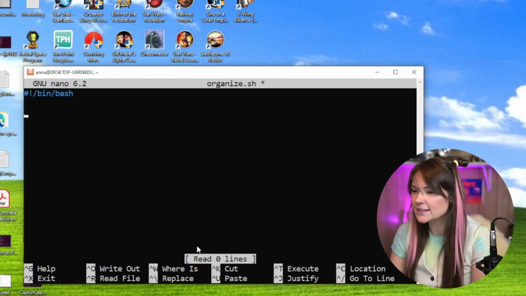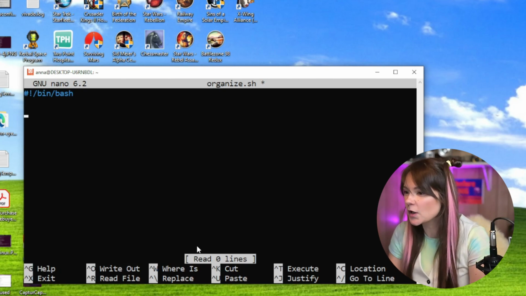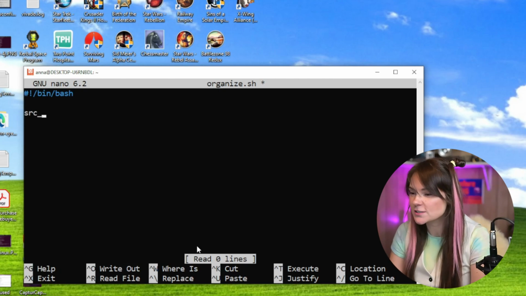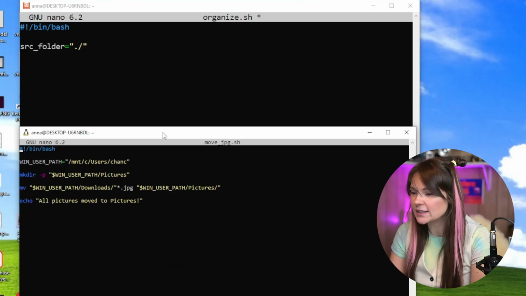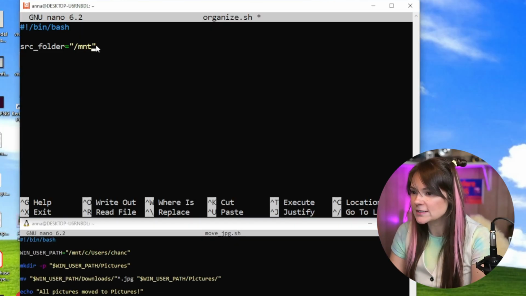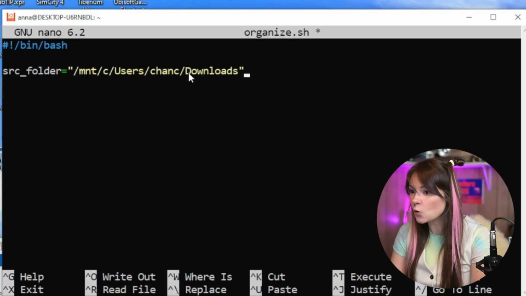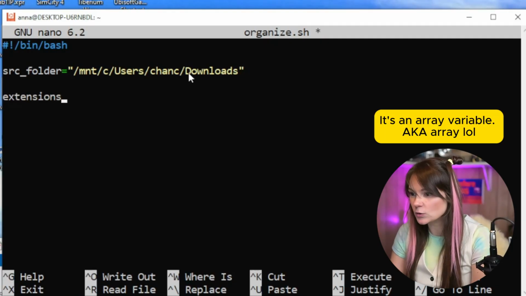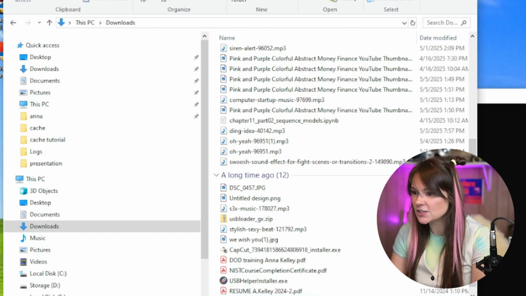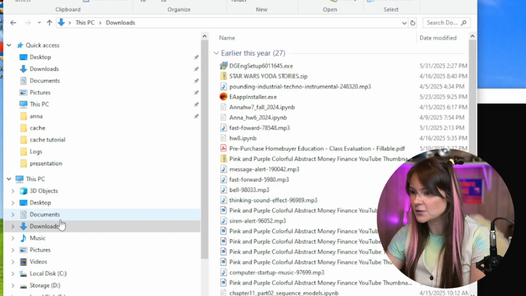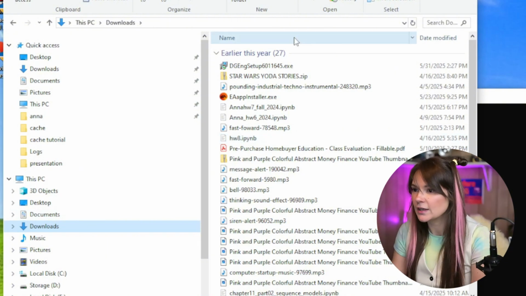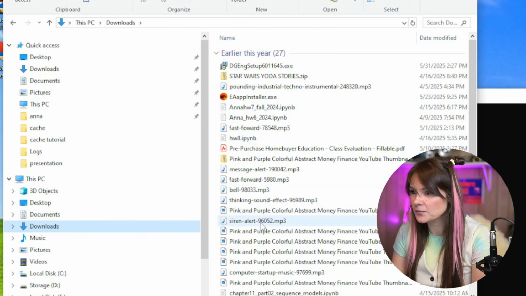Okay, so now let's name our path variable with something shorter like source folder, and the path is /mnt/c/Users/chance/Downloads. Now we need to list all the extensions that we want to organize. We create a variable called extensions, and now we just list all of them. So what kind of extensions do we have in our downloads folder? Let's check. We have exe, mp3,